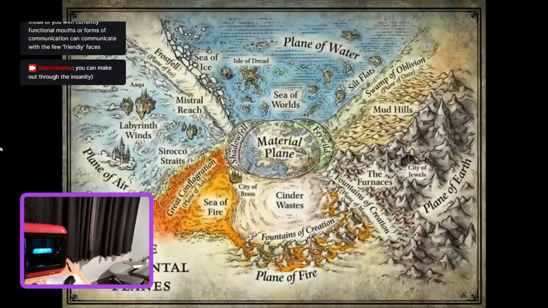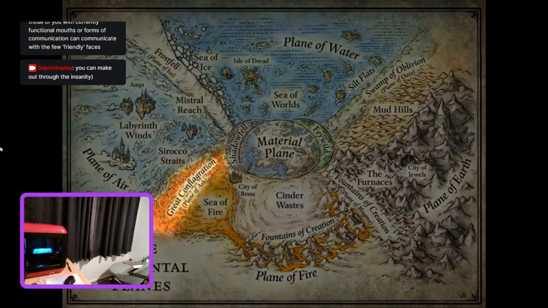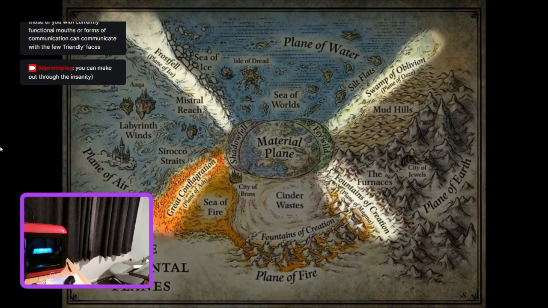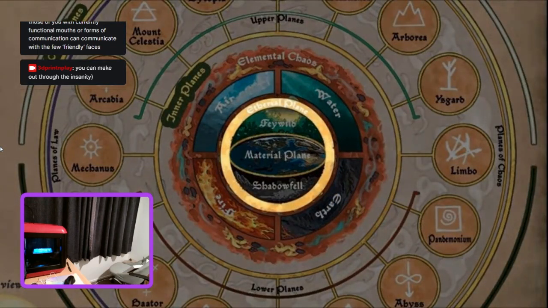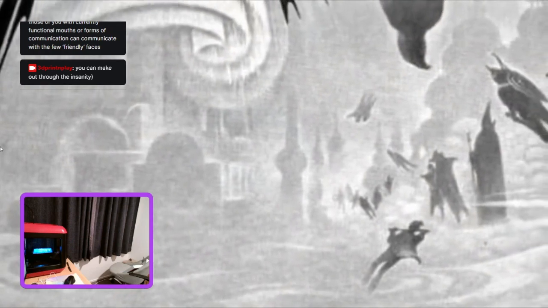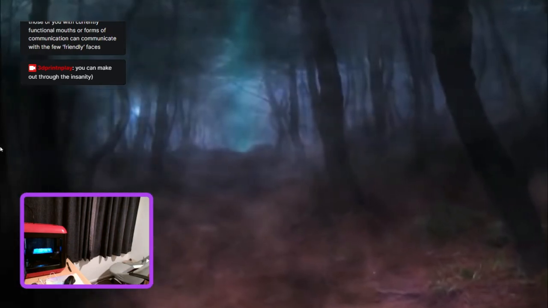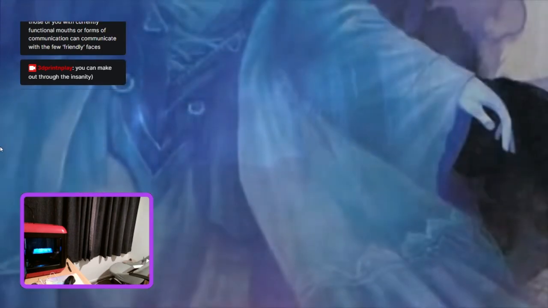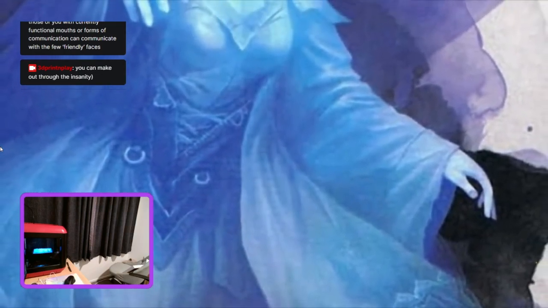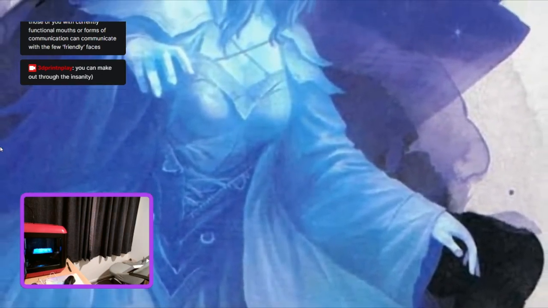In between each of the elemental planes are combined forces, which are referred to as the planes of ash, ice, magma, and ooze. Overlapping every plane is the ethereal plane, a misty and faint location full of onlookers to the worlds below. Those in the ethereal plane can observe the world around them, but not interact with it. You might use this plane to escape a threat or pass through walls in forbidden territories. However, beware. Many horrid beings exist in this plane. Ghosts and spirits haunt its dark void and can be just as deadly here as a cursed graveyard.